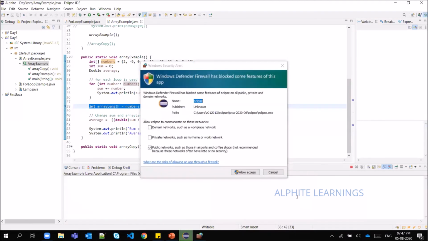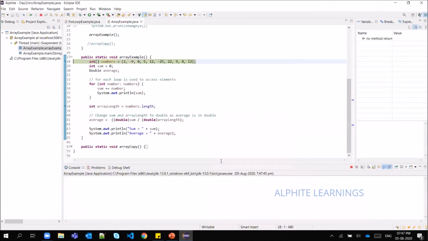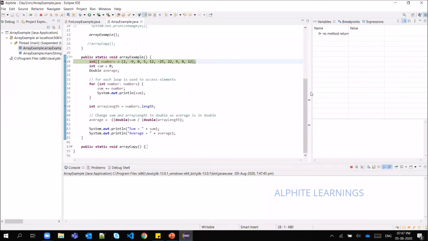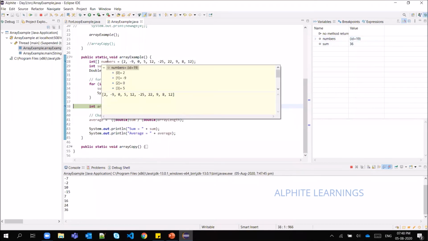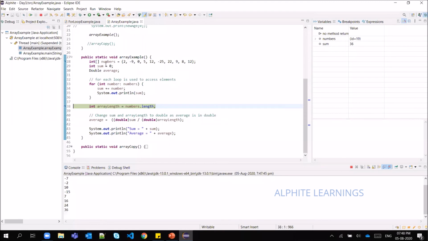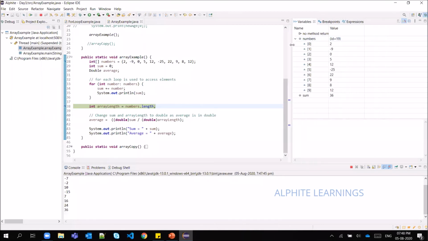You click on it. Then you can press the F8 key. What will happen is your program will stop at the next point you have added. So can you see the variables here? We have declared two variables, number and sum, and we have those things available here. Understood?